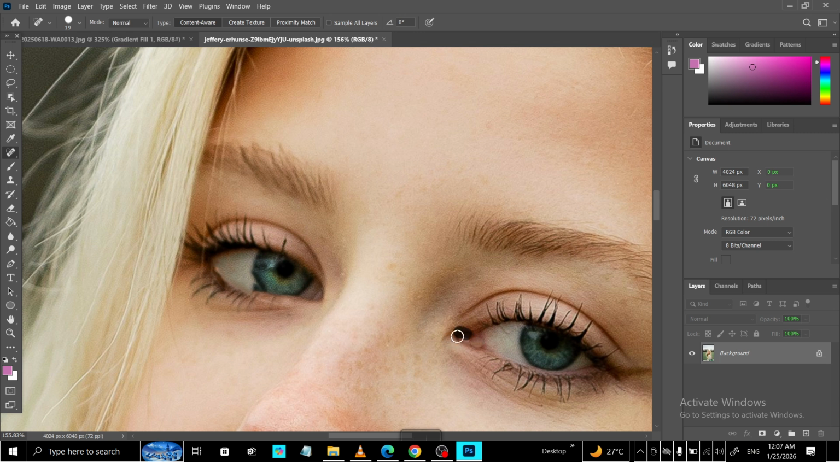Subtle is key, enough to remove the glow without creating an inky, unnatural dot. Take a moment to zoom out and assess the overall balance. The fix should blend in so the viewer never notices an edit. That's all there is to it. Zoom in on the eyes, pick the red eye tool under the spot healing